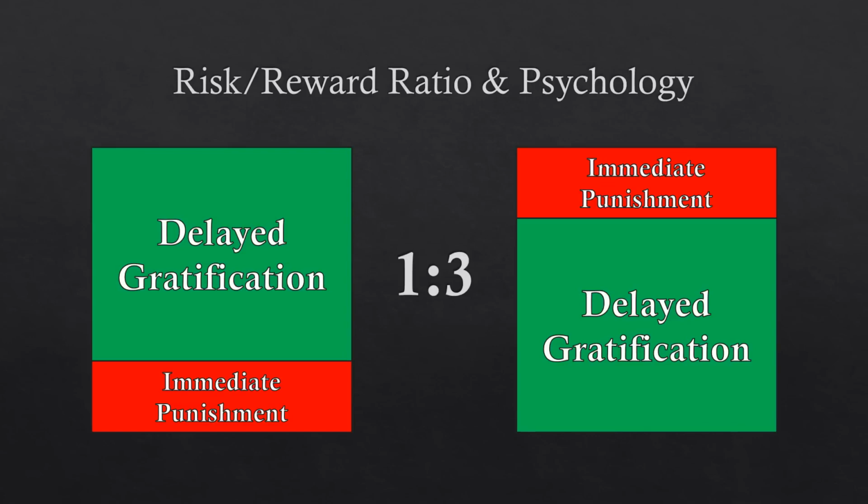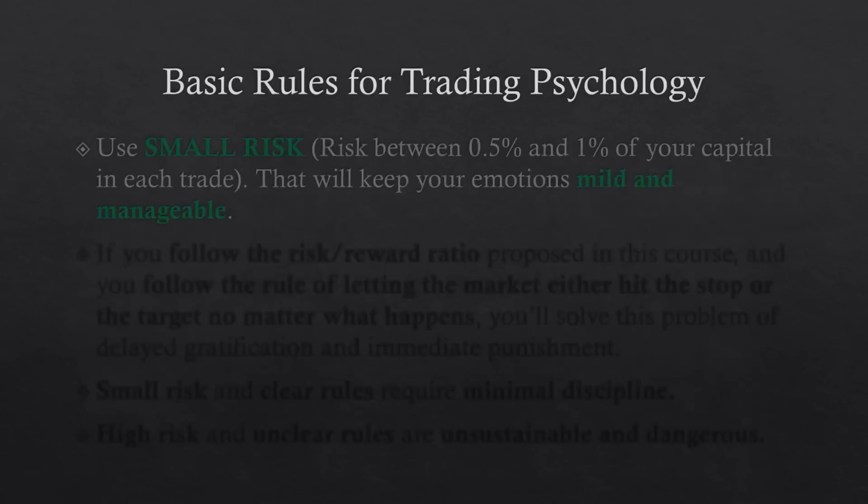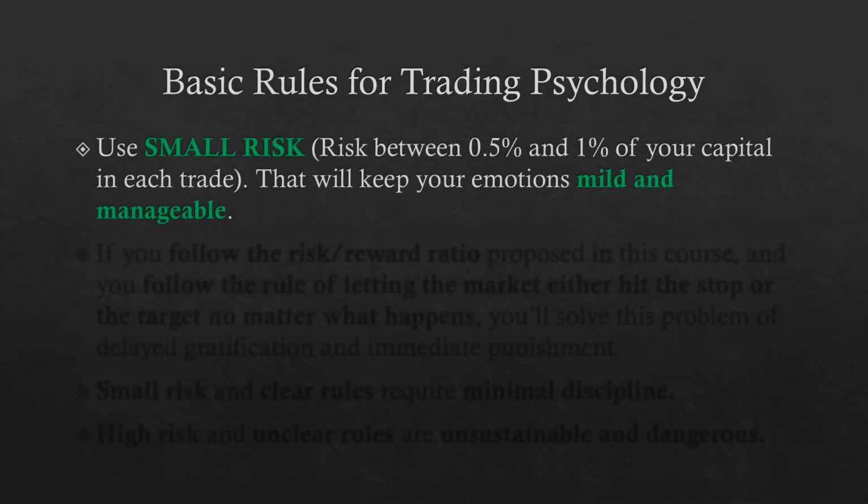You can only bypass the urge to realize gratification earlier than you should if you use small risk though. Remember that the greater the F, the greater the emotional intensity. Realizing a loss is also not that big of a deal when you use small risk. We can summarize this section about basic trading psychology in a few statements. 1. Use small risk. That will ensure that you will be able to manage your emotions effectively with minimal willpower